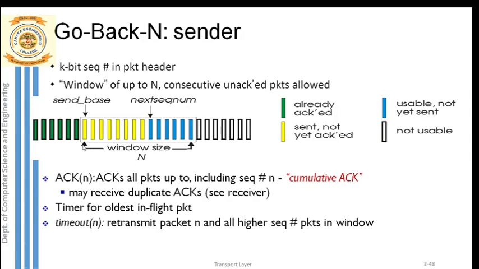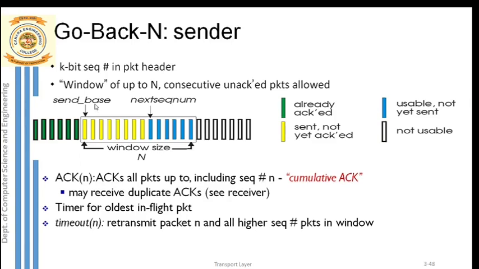The window always has 2 pointers pointing to it. What are those 2 pointers? The first pointer is the base pointer. You can see here there is a pointer called base. Base will always be pointing to the beginning of the window. So what is the window size here? Window size is equal to the total number of packets inside the window. How many packets do I have inside the window? Total 14 packets. So window size is equal to 14.